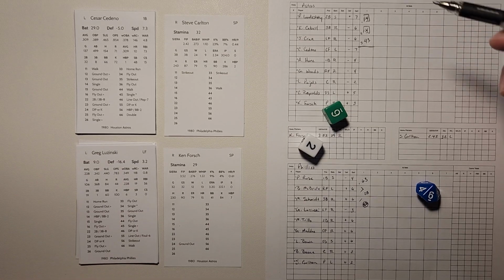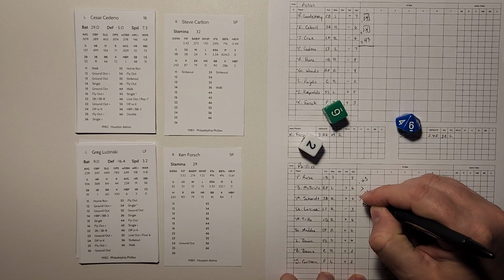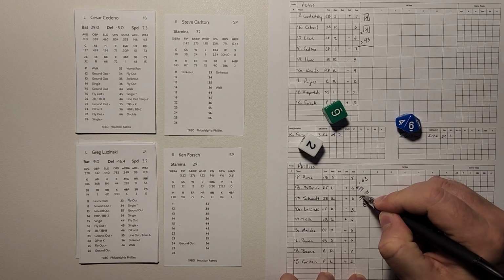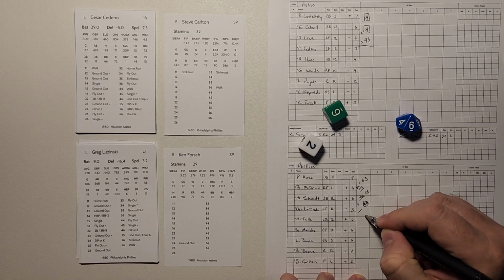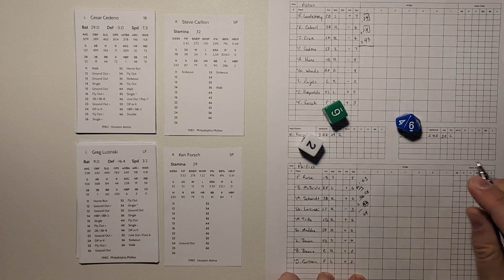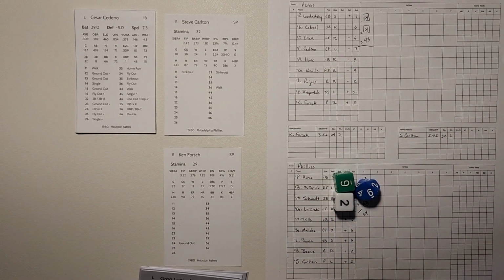26 is going to be a ground out. That's to the shortstop. I'm going to take the fielder's choice at second base, which means McBride goes to third. That'll be out number 2. Schmidt's out at second base, and it'll be Luzinski at first on the fielder's choice. So runners at the corners